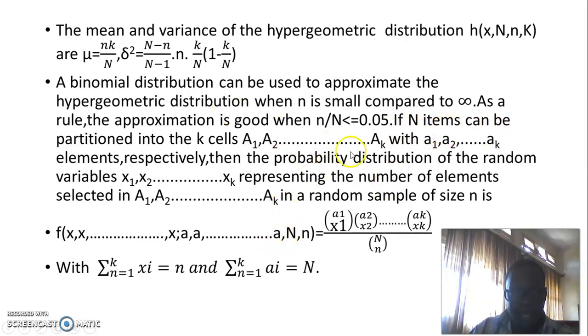If N items can be partitioned into k cells, where A1, A2, up to Ak are the different cells, with a1, a2, up to ak elements respectively, then the probability distribution of the random variables X1, X2, up to Xk, representing the number of elements selected in A1, A2, up to Ak, is a random sample of size n if the probability